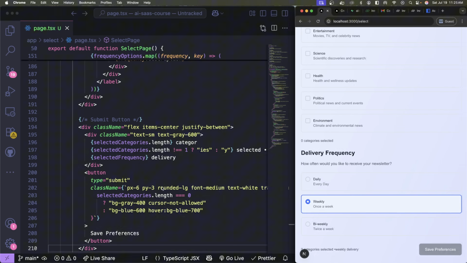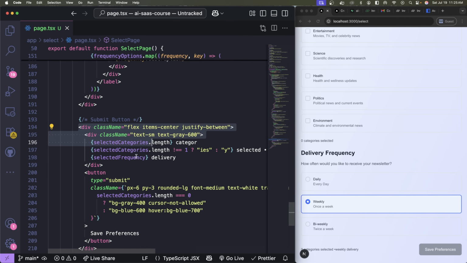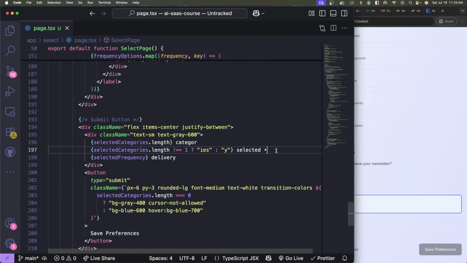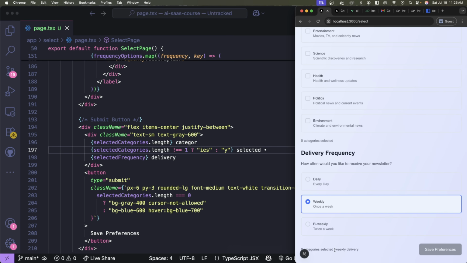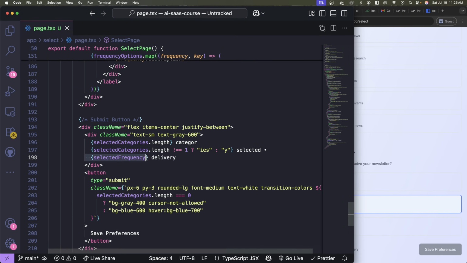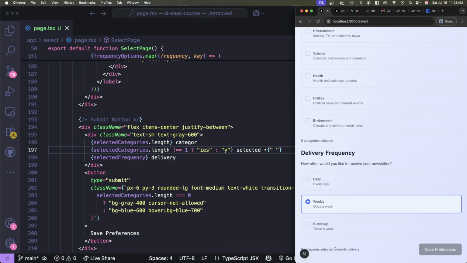What I added here is the section here for adding the name, the category like we did above here. But also I want to add the following. I want to add a space after the selected to also show the current selected frequency and how many times it's going to deliver. I want to also add an empty space. To do that, I'll do this. So there's an empty space in between